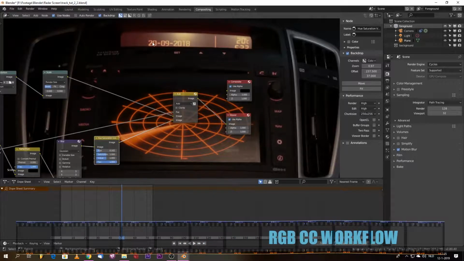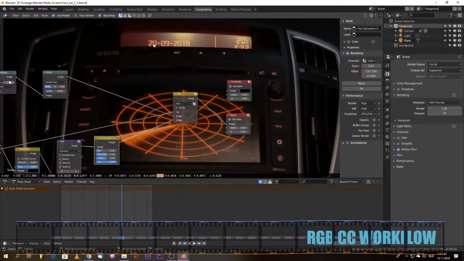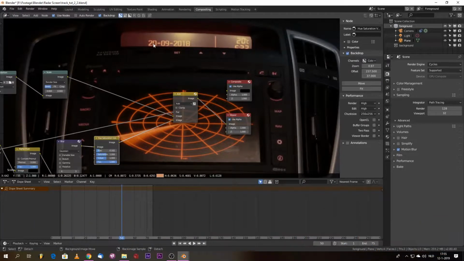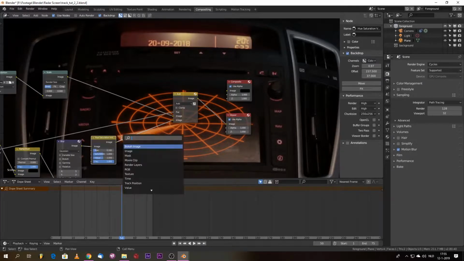So if you hold Alt and right click, you will see the values here. The CM, that's the comp. We see that the red is about 0.8, the green is about 0.55, and the blue is about 0.43, and the luminance, that is the L, is 0.6. I always start with setting the black and the luminance correctly, and I will prefer a color correction node